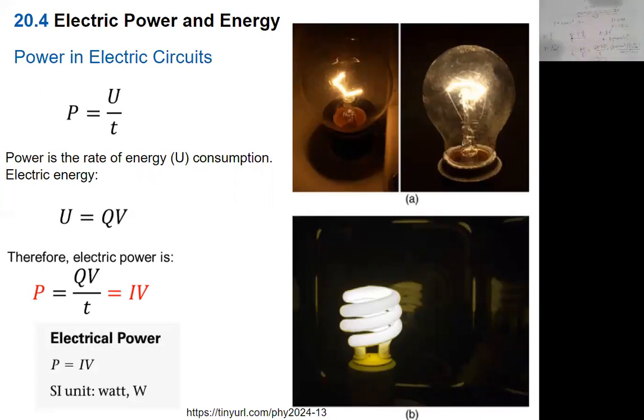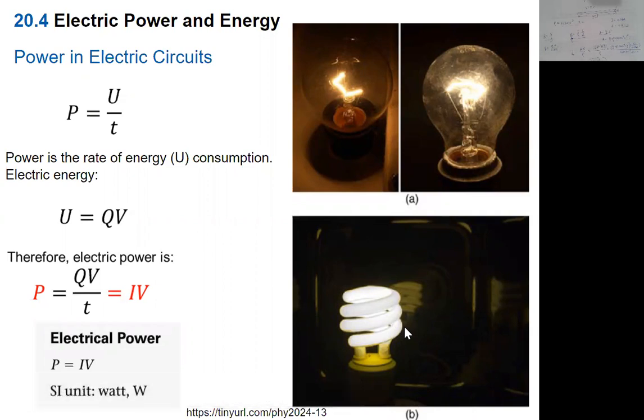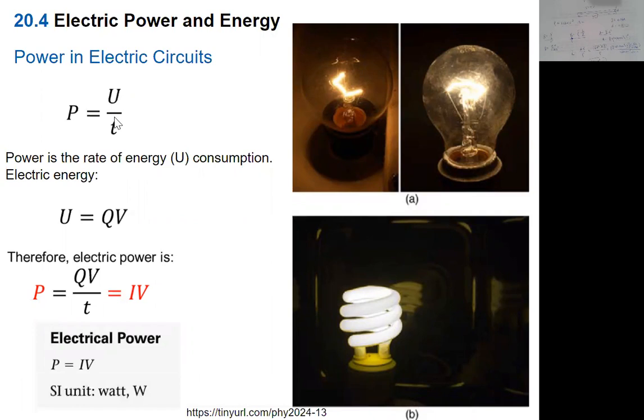In the olden days, we used those types of bulbs. Now these days, we are pretty much using the more energy efficient ones. So what's the power being consumed by those different types of bulbs or resistors? You can see the power is equal to energy divided by time. U stands for energy, T is the time. So U is equal to